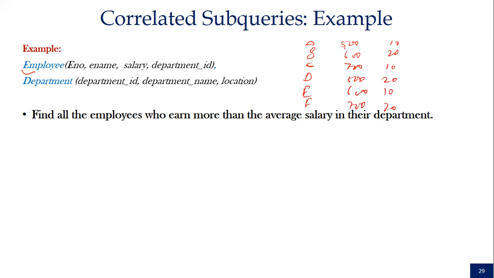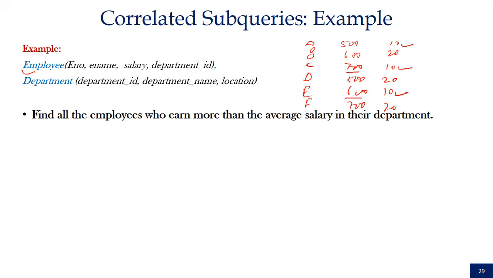We have to identify the employees whose salary is greater than the average salary in their department. Here you can see department number 10 has three employees.